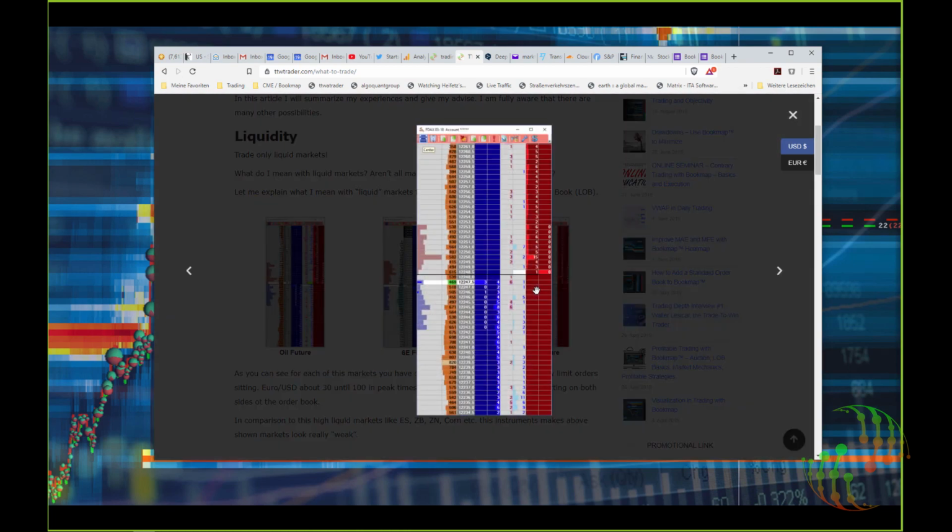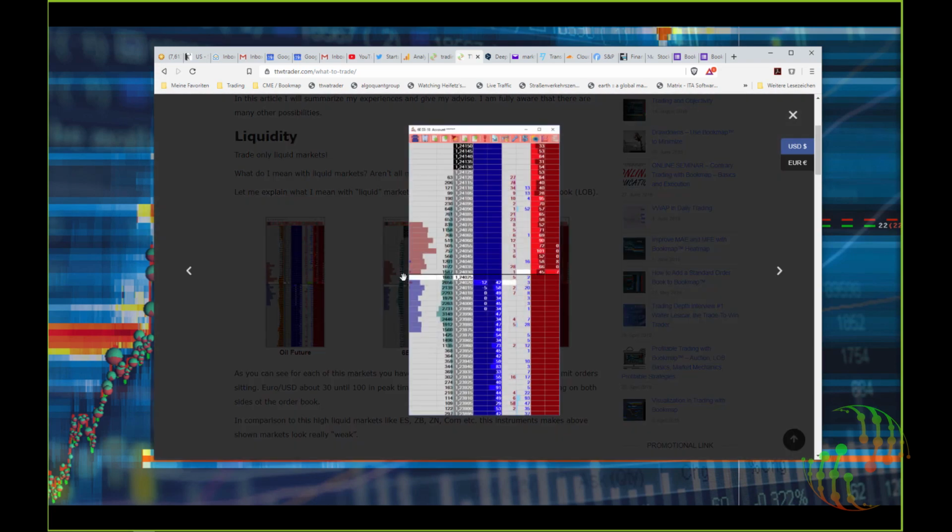So if you look at the FDAX, then you see this picture here. And we are talking about 2, 3, 5, maybe 10, 15 contracts on a price level at FDAX. It's simply impossible in this case to watch the limit order book. It even doesn't make sense. So the professionals and the institutions are trading the DAX via options, for example, but it's impossible to trade it on the order book. It's so fast that you can't follow it.